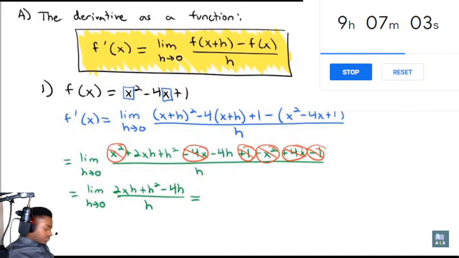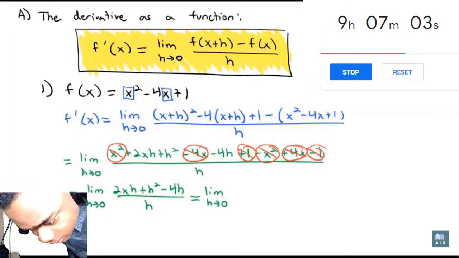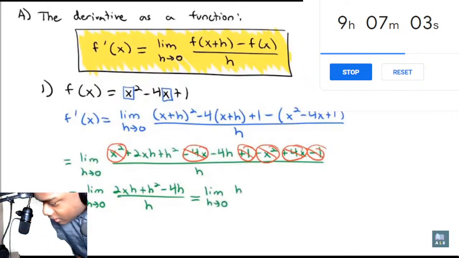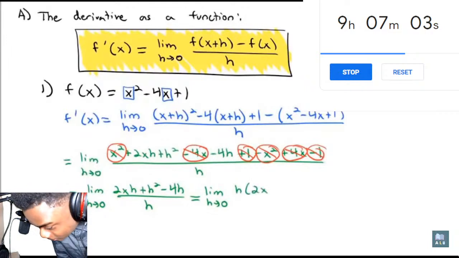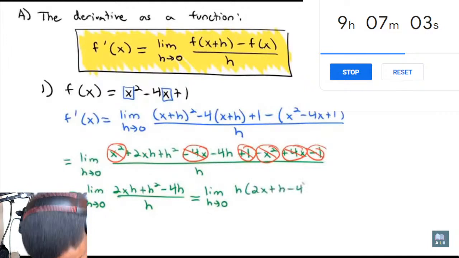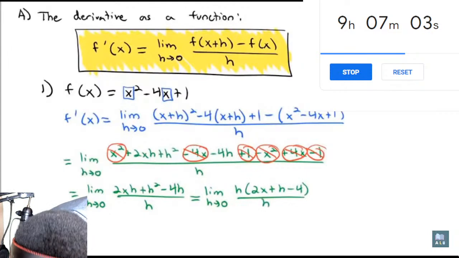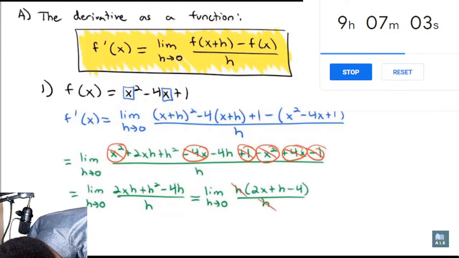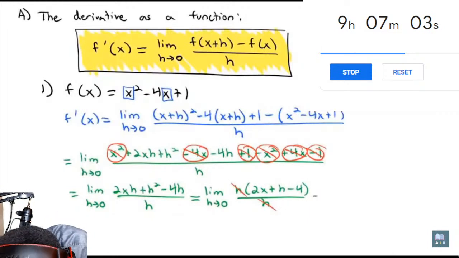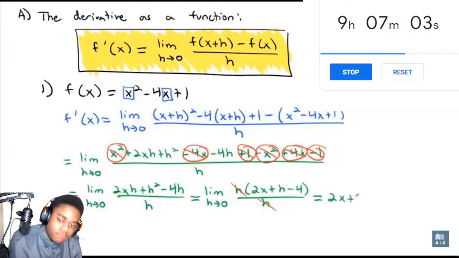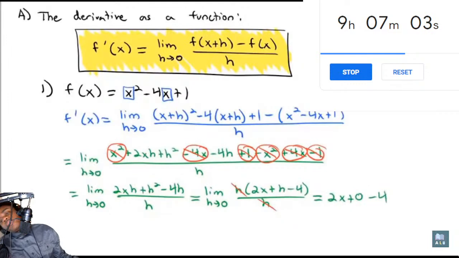We want to remove the discontinuity at h, and it's nice because we can factor out h. So we have the limit as h goes to 0 of h times 2x plus h minus 4, all over h. And now we divide out the h's. We've removed the discontinuity, so we can replace h with what it's approaching, 0: 2x plus 0 minus 4, or